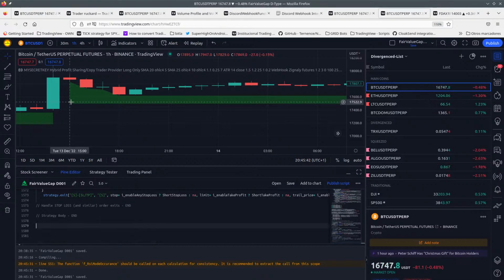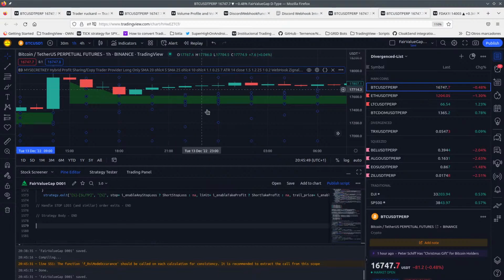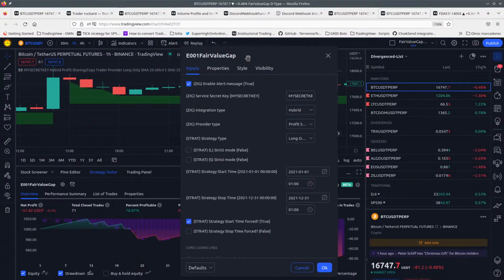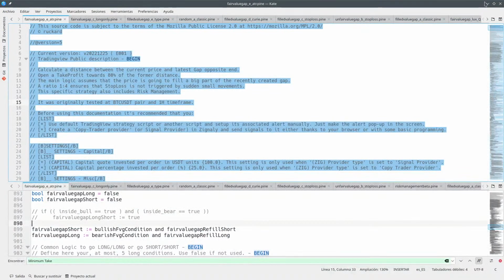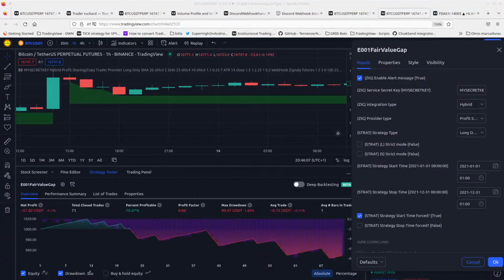Yeah, okay, so let's assume that this is reset. Now let's check the strategy tester. Look at that, it's not. Okay, so now we have whatever it was originally there. So that means that they should be able to use the settings so that we have